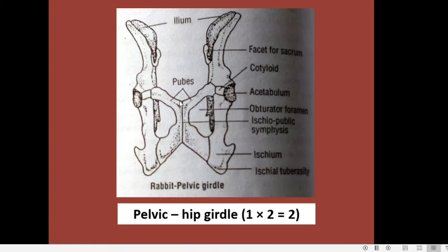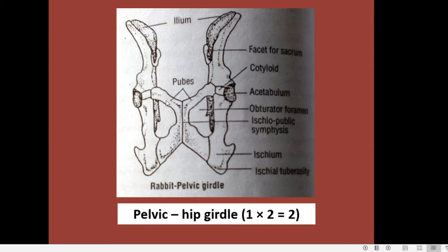At the junction between the ilium, ischium and the pubis, you can see a cavity which is called the acetabulum. So this can be considered as the articulation cavity of the pelvic girdle into which the hind limb bone will come and attach. So it is through this cavity that the hind limb bones are suspended from the pelvic girdle. So this is called the acetabulum, which is the articulation cavity of the pelvic girdle, just like the glenoid cavity in the case of the pectoral girdle.